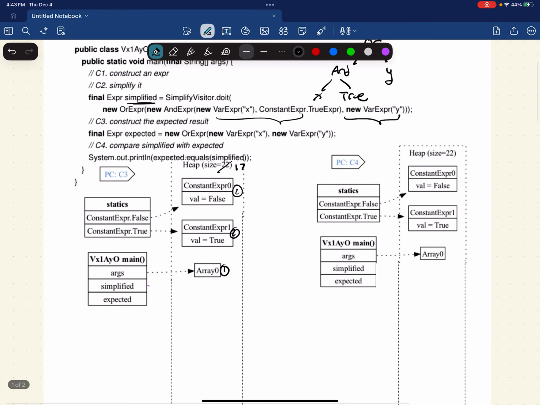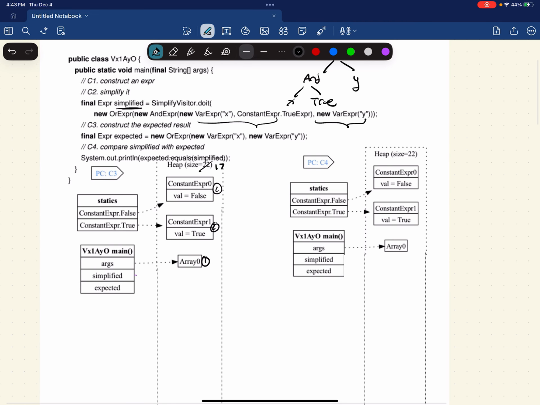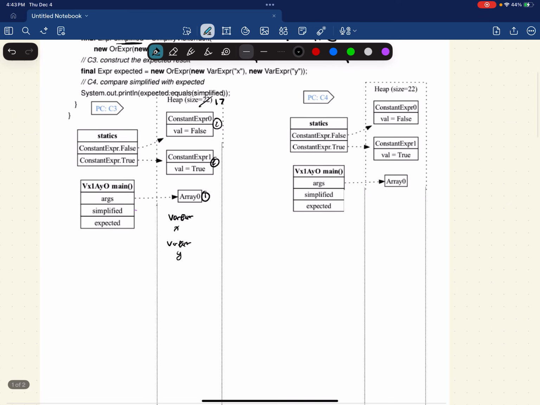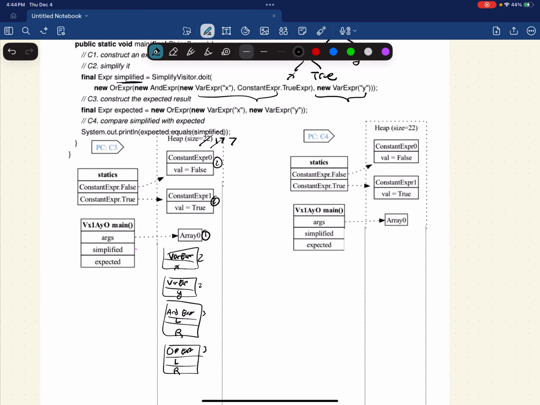So we're going to begin with declaring our var expression x and our var expression y, and our and expression with left and right, and our or expression with left and right. This uses 2, 2, 3, 3, so that's 10, which means you've got 7 left